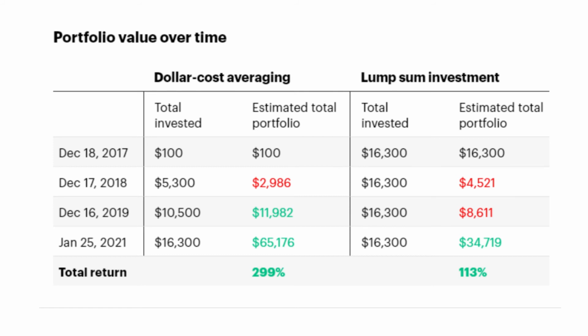In contrast, going all in as prices are peaking is generally considered a bad idea, but how could you know? Well, if you had taken that same amount of $16,300 and invested it all on December 18th, 2017, you would lose nearly $8,000 throughout the first 2 years. Although your portfolio would recover eventually, you would have lost out on the ability to compound your profits in the meantime, and well, maybe even scared yourself into selling your Bitcoin at a loss.